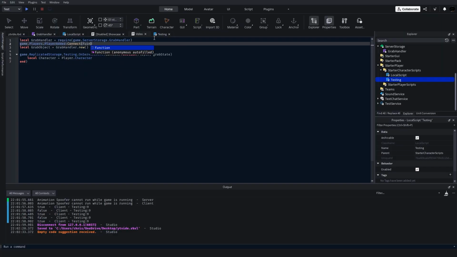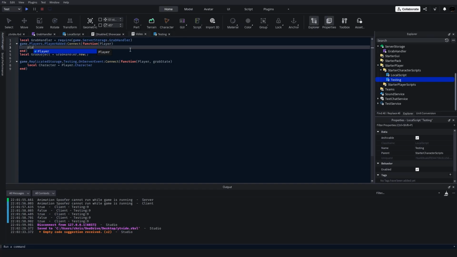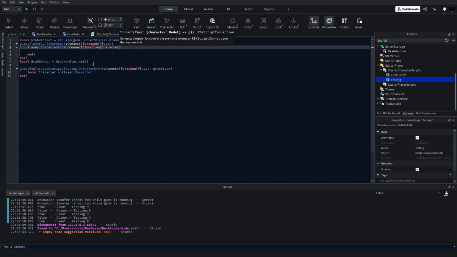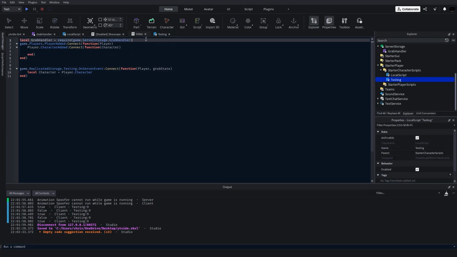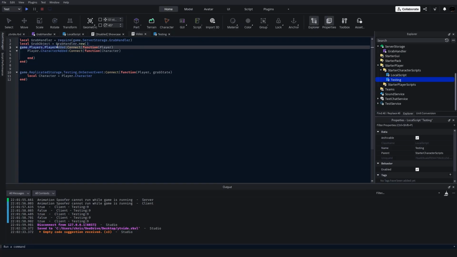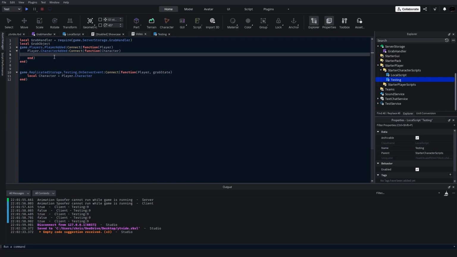Player added. So yeah, I'll do it like this, just so that the grab object always exists, just to show the toggling